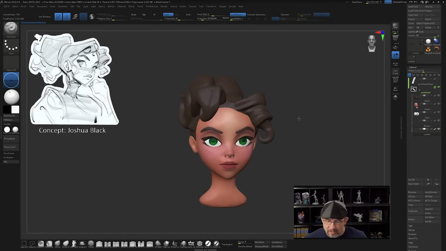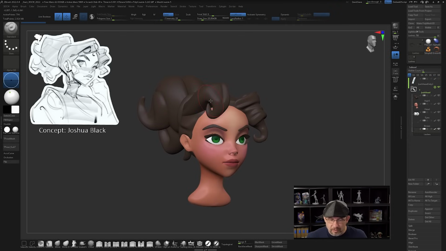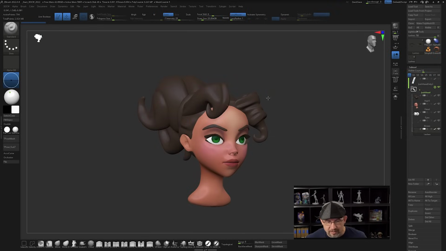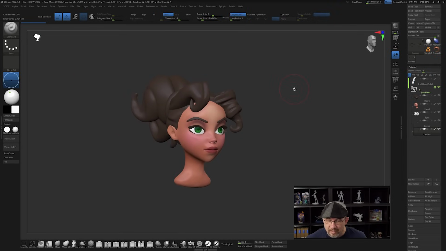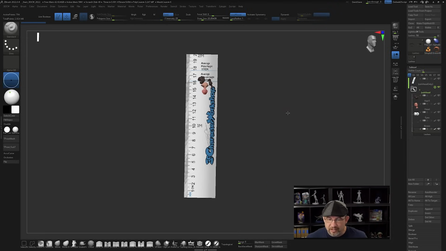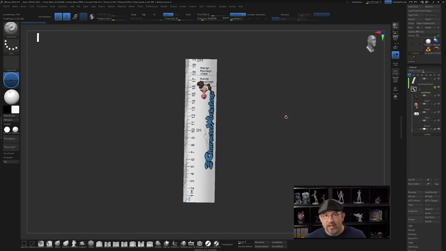Okay? So with this character, the original design is by my good friend Josh Black, and I just wanted to call him out really quick. I'm going to hide that concept art, and we're going to just start with this mesh. And I have a base ruler that I used to use when I would do 3D printing for the Disney Infinity figures, and I have that right here. And it just so happens that it helps us out when we are adjusting the scale between Character Creator and ZBrush. You don't have to use the ruler, but if you want to,